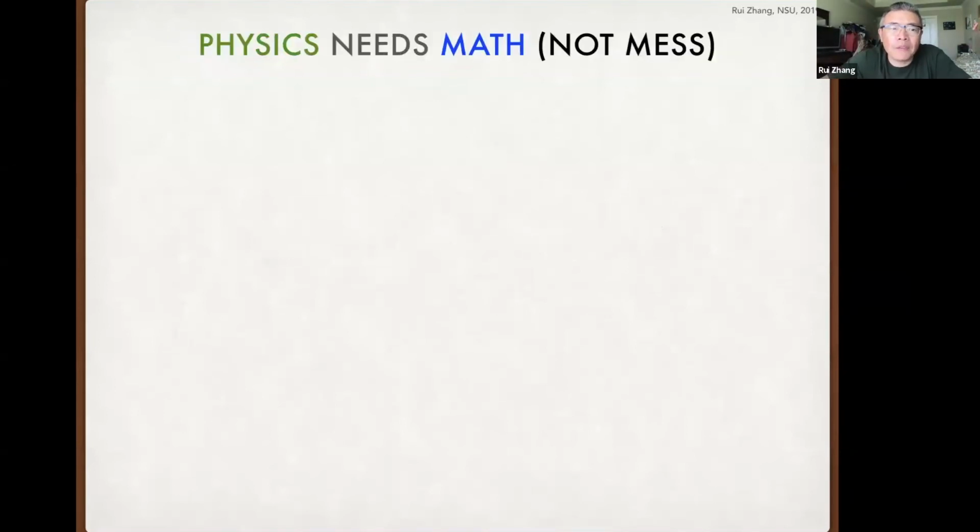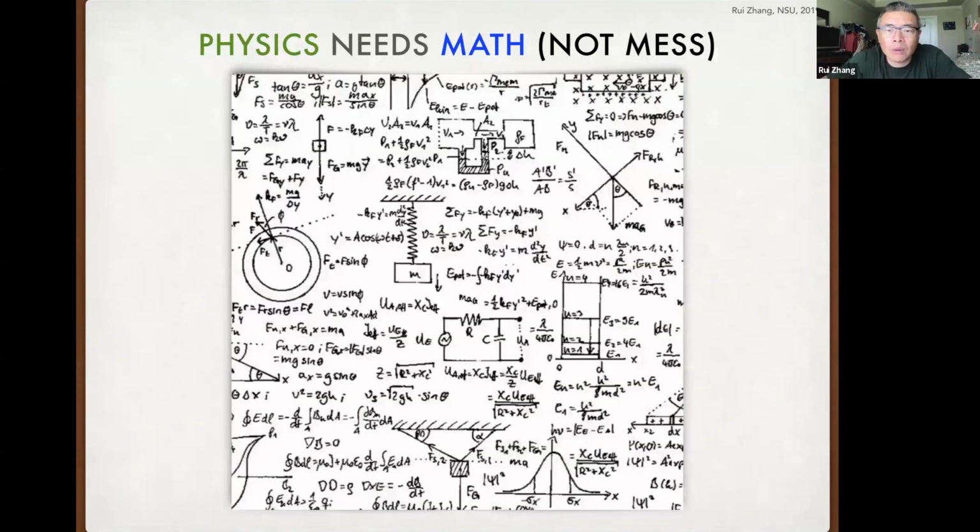But we do need, physics does need a lot of math here, okay? Well, this picture I'm showing you is maybe a little math. But as you can see here, there's all kinds of formulas we use. I mean, there are mathematical formulas. We use symbols to represent the physical quantities, and then we find the relations using math. So math is actually very essential for physics.